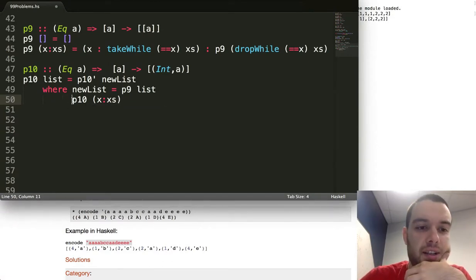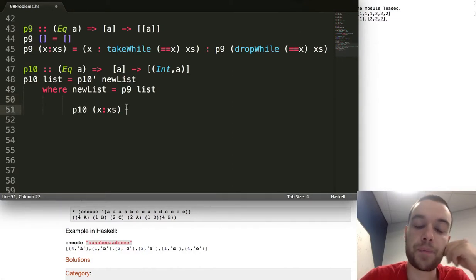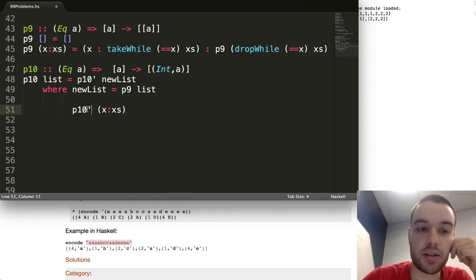Okay, we'll do the base case here in a sec, but so P10 dash,